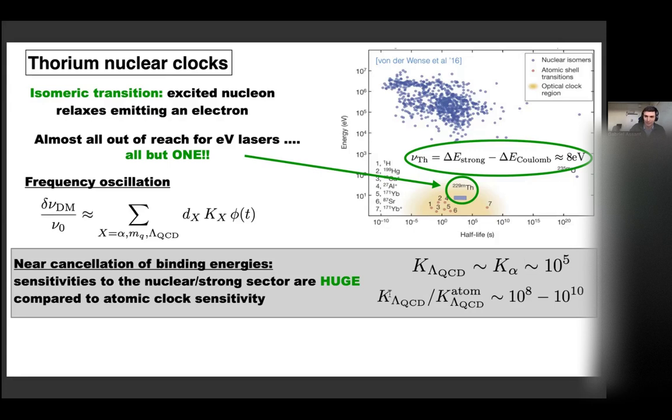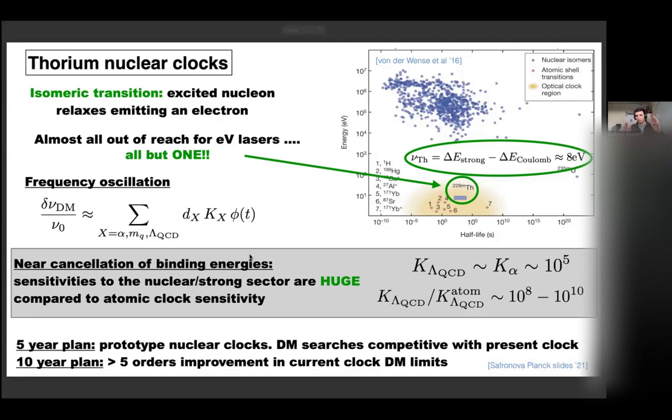So the real impact that thorium might have on these experiments is that it's making a huge difference in the sensitivity to the strong sector. And on the previous slide, I was showing sensitivity factors of maybe 3 for experiments in 2008. And here you can see this is 10 to the 5. This is because, again, the sensitivity factors are essentially proportional to 1 over the resonant frequency of thorium, which is actually very small. Very good.